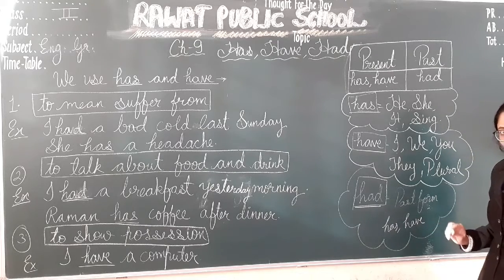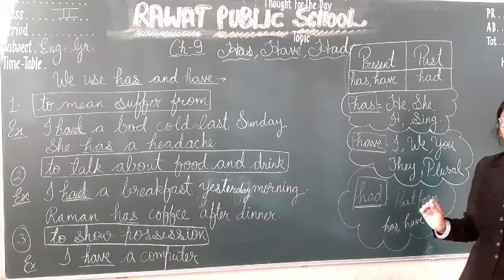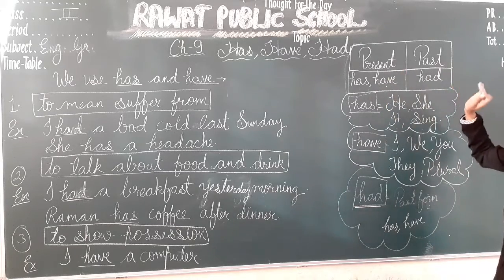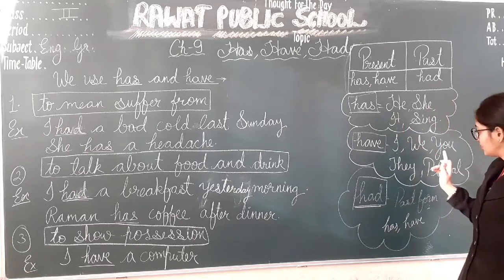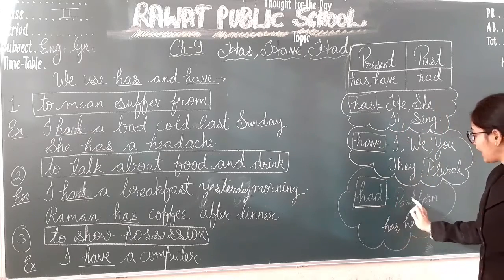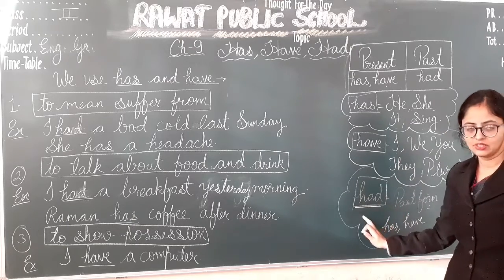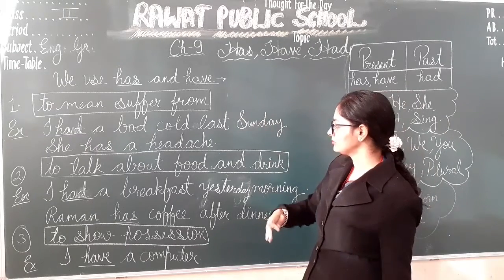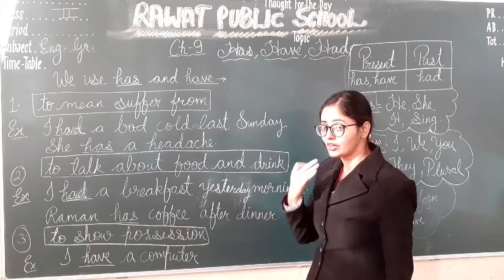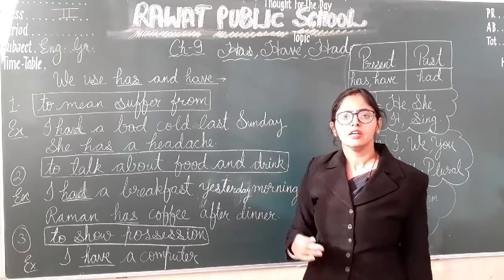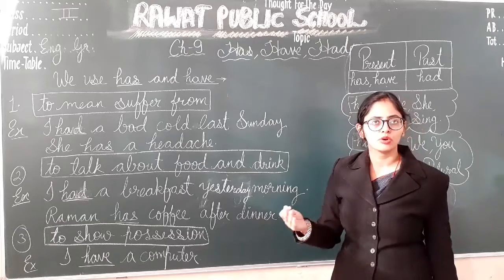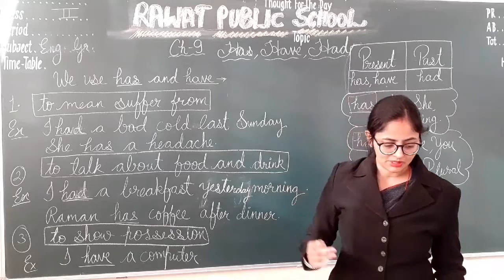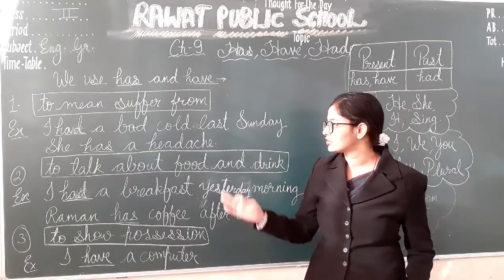Understand, students? I hope all of you understand this. We will do the exercise also. Has, have, present form. Had is the past form with singular has, with plural have, and past form of has, have is had. Okay? 3 rules I am just telling you here. Suffer from food and drink what you are eating, or to show possession. इसके अलावा और भी rules है बेटा. One more rule I can tell you when you are telling about the fixed time. जब आप किसी को किसी fixed time के बारे में बताते हैं, that is also you are using has and